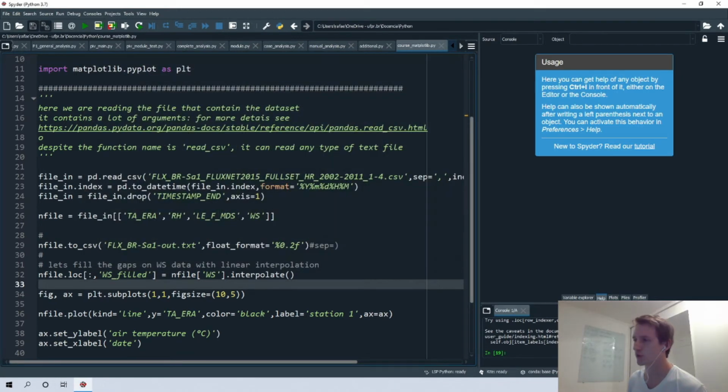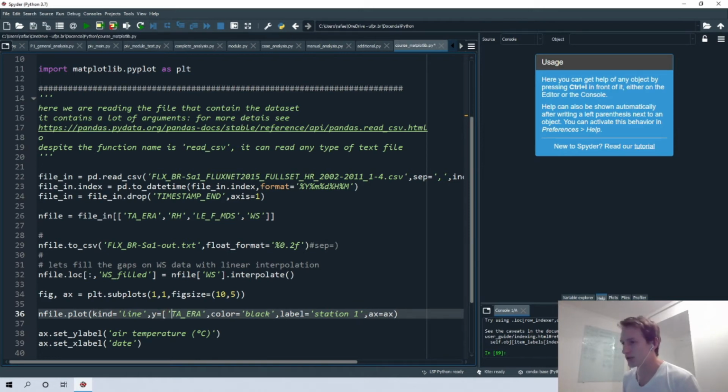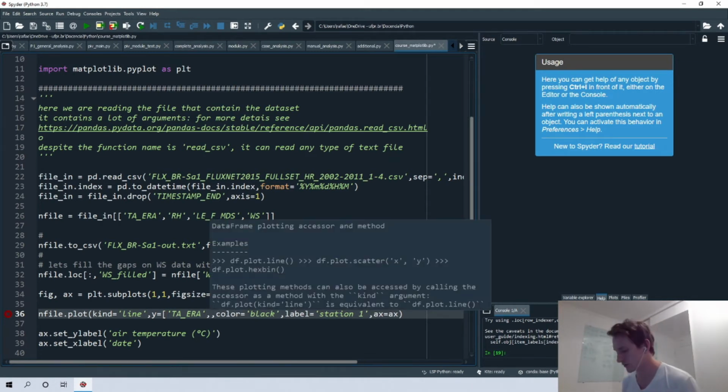But now we want to include in that same graph a new variable. So for example, we want to plot the wind speed. To plot the wind speed, we can just copy this row here exactly, but change the y variable. So change to ws. So we would actually be plotting the wind speed. But there is a smarter way. We can just change this y value, that's a single string, to a list of strings.